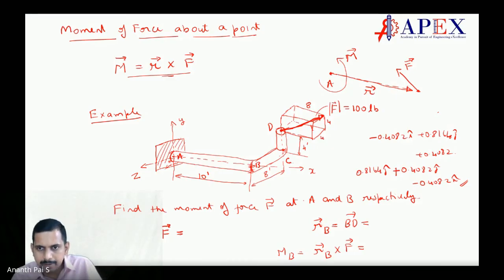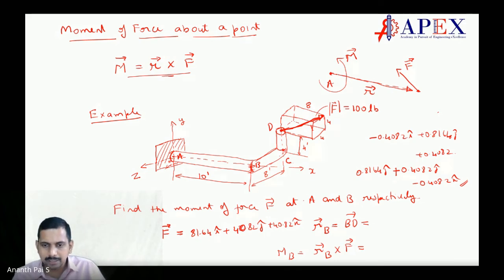You multiply by 100. That's it. So the force you get is 81.64 i plus 40.82 j plus 40.82 k. What is the R vector with these coordinates? The R vector with these coordinates will be from this point to this point. What is that? It is